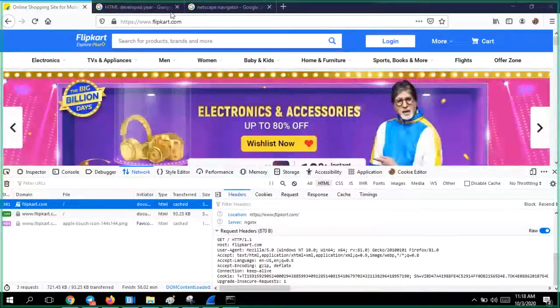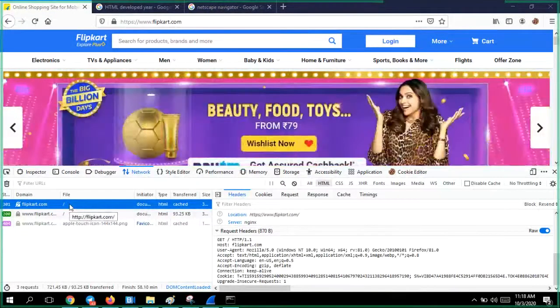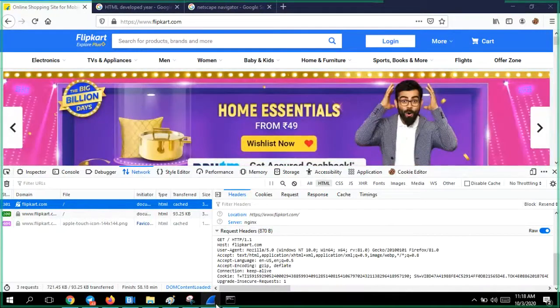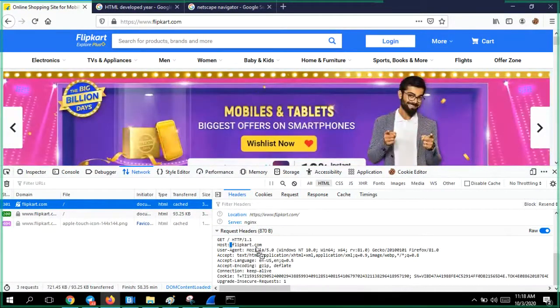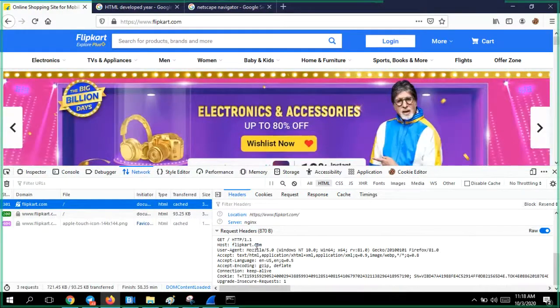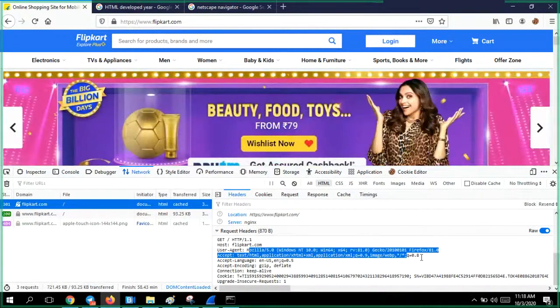Now, this is the first message which I have sent to the Flipkart.com web server. They received it. And apart from the user agent, there is some other information it also sent.